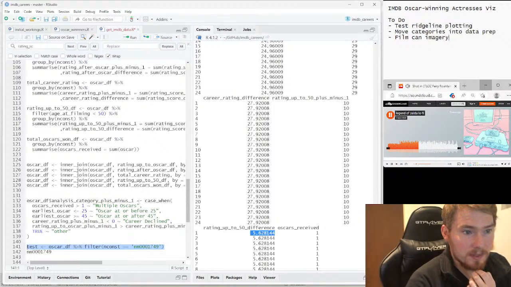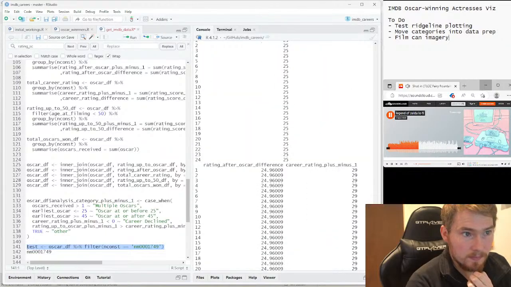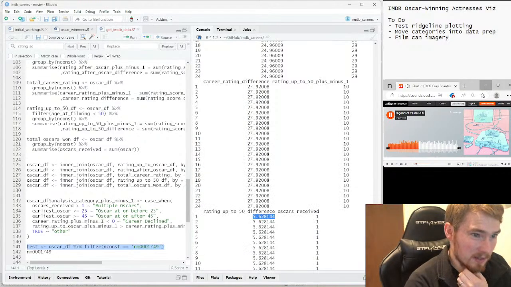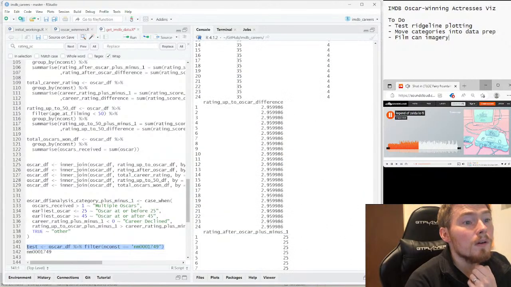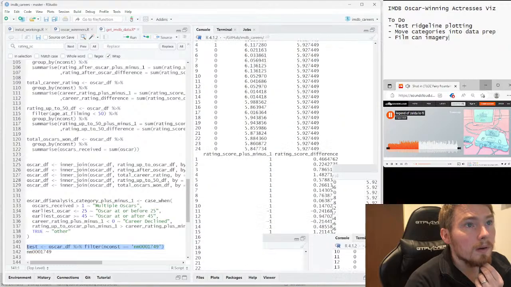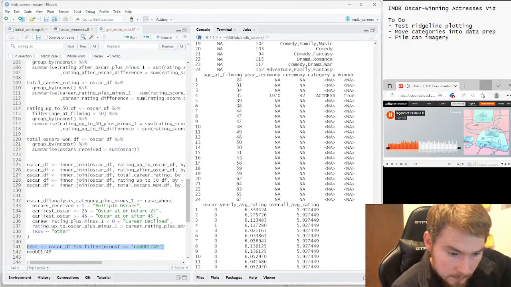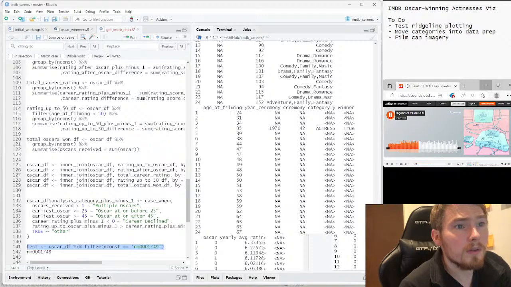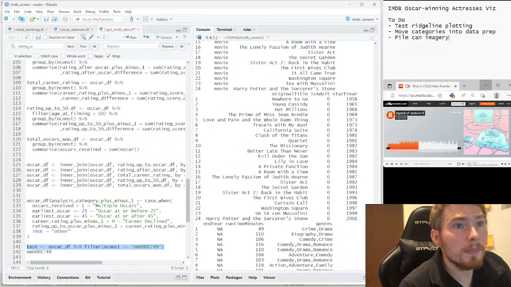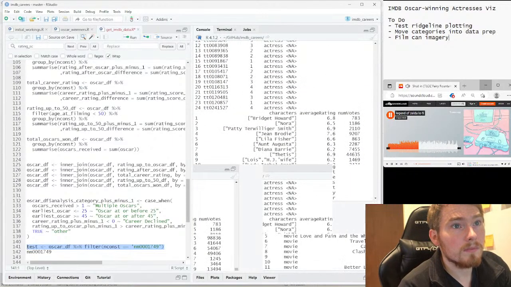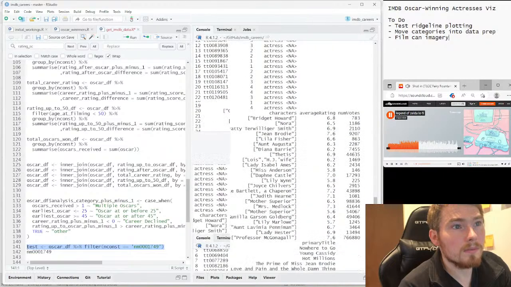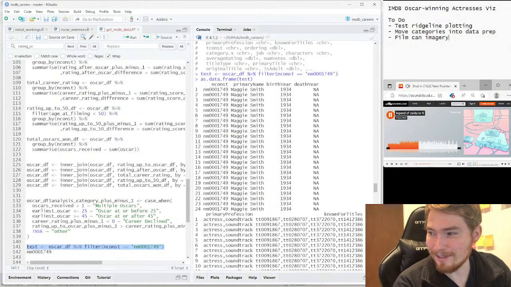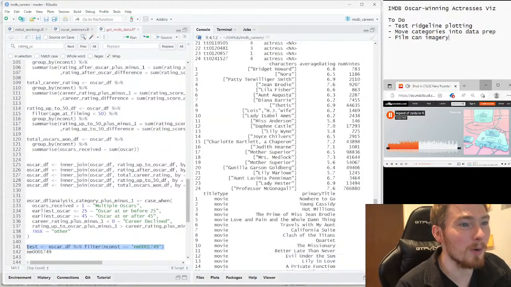This is rating up to 50 was this. Yeah, so it's based on when it starts, and then the graphics on this has been appalling.